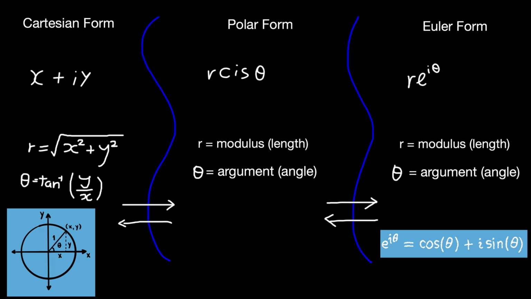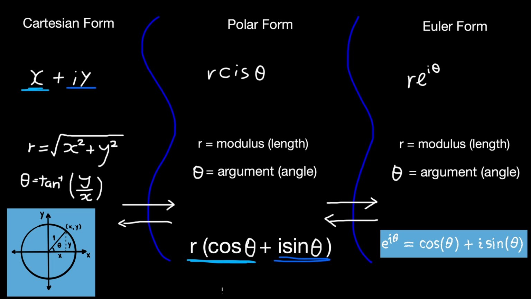What you can do is, you can remember the polar form is r of cosine theta plus i sine theta. Now, I don't know about you, but it looks pretty familiar. If I were to get r cosine of theta and I were to get r sine of theta, could I not replace that for x and y? Could I not say that x here is the same as r cosine theta, and then y here is r sine theta? I could, because this is actually literally just in Cartesian form,